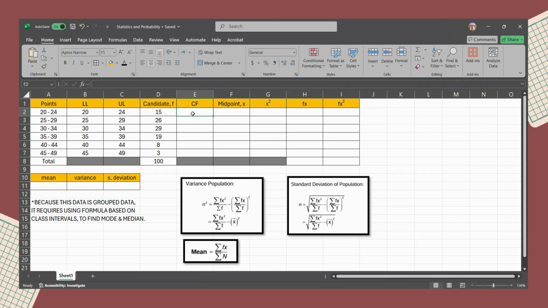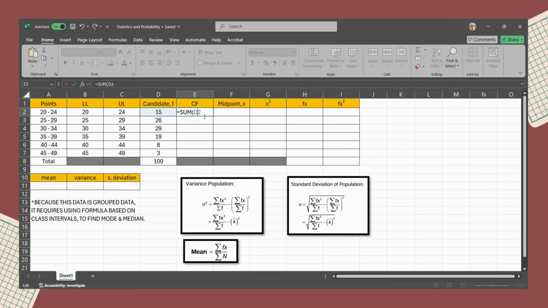Next, we find the cumulative frequency. To find the cumulative frequency, it is equals SUM and open bracket. We select the first candidate row, column.